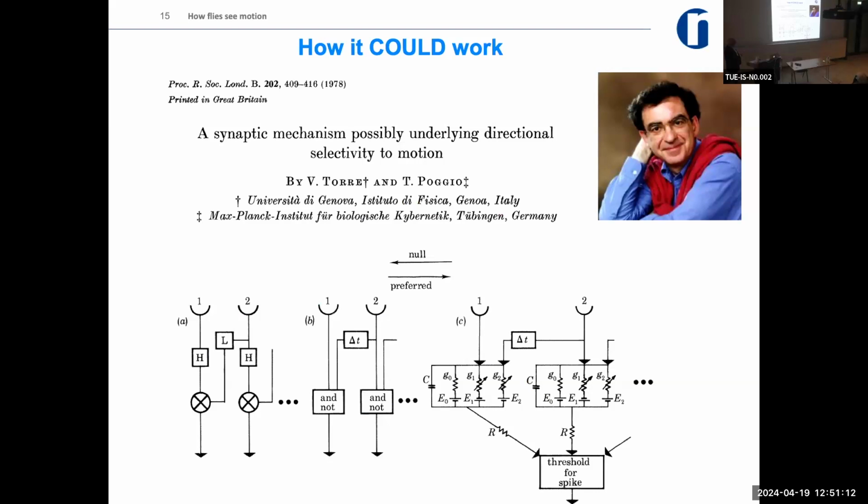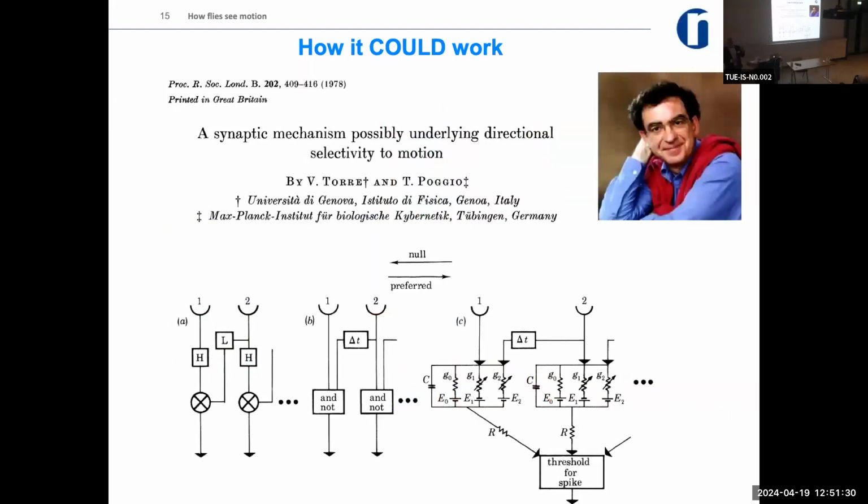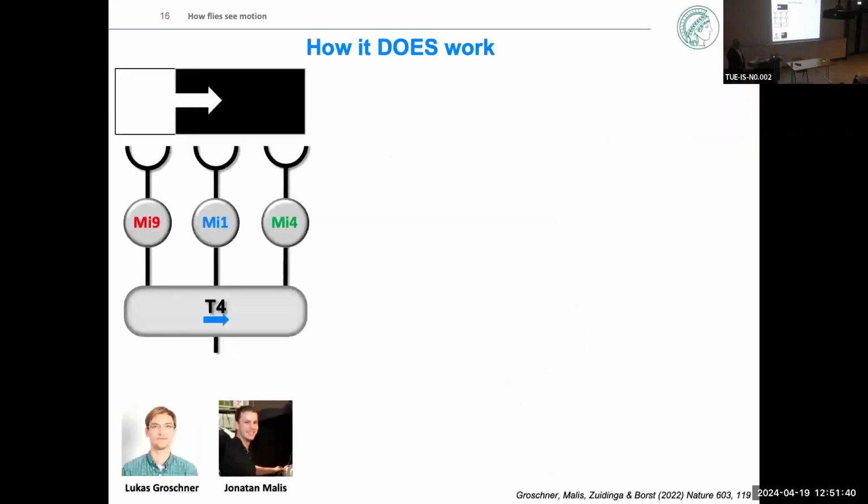And here, you see the idea that, with basically shunting inhibition, you have the nonlinearity required for null direction suppression. And the idea that I presented to you here is simply turning that around and proposing release from shunting inhibition as a mechanism to have the positive nonlinearity for preferred direction enhancement. And now, in order to figure out how it really does work, we had to overcome one major